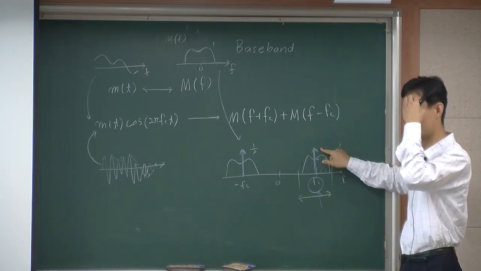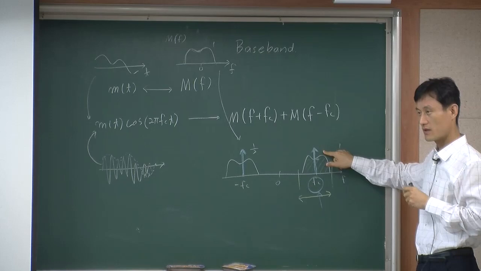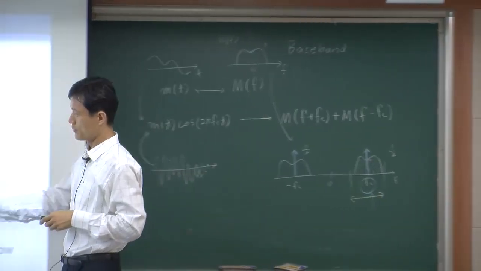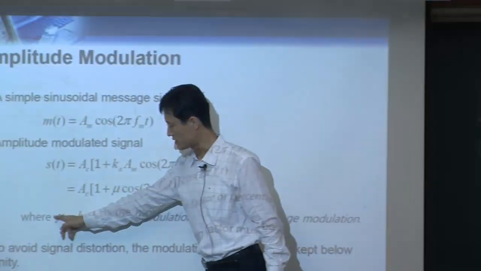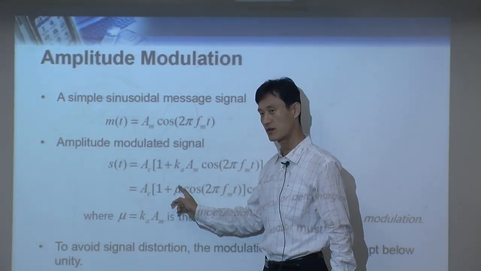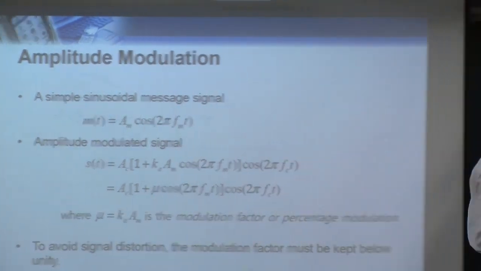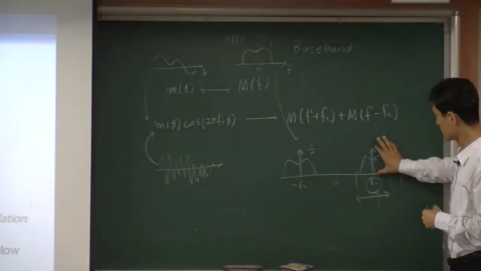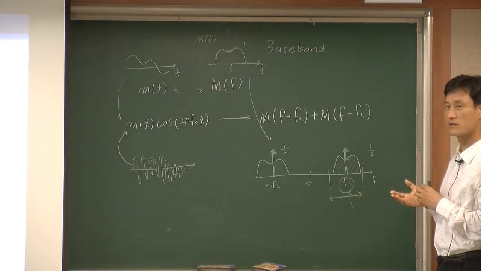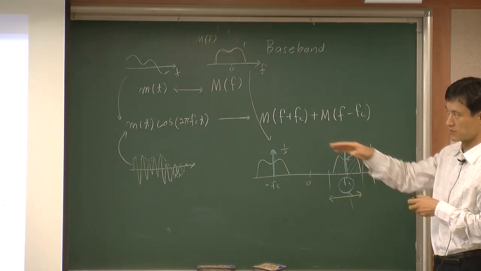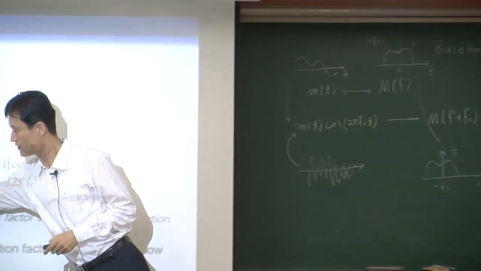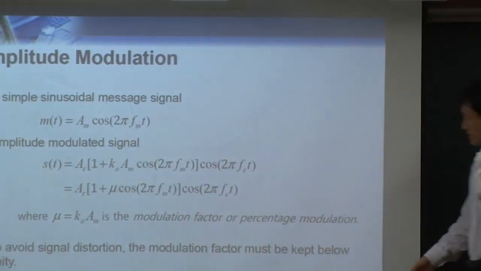This one only has energy. And the reason that we are looking at this modulation factor is that when you change it, the size of this Dirac delta compared to your bandwidth changes. Depending on this value, sometimes